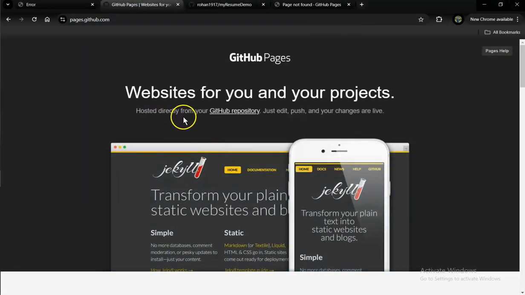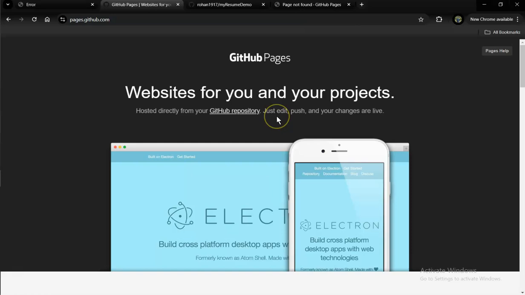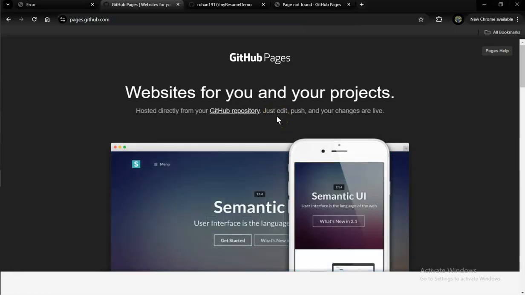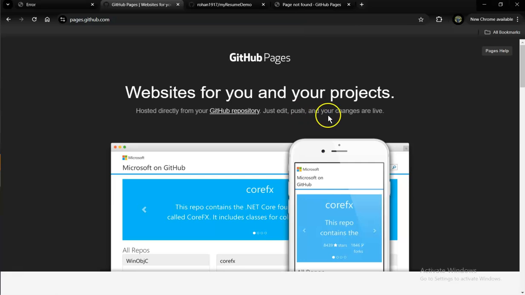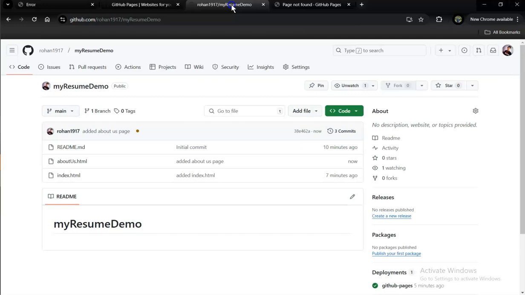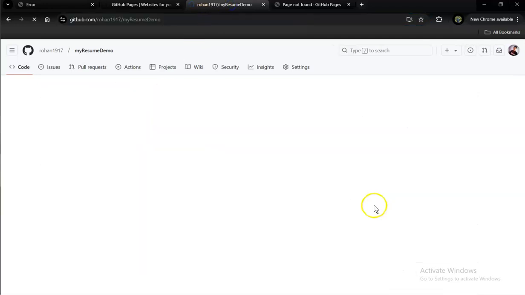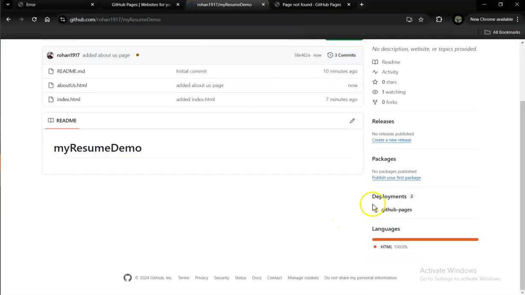If we can see, it's hosted directly from your GitHub repository. Just edit. What did we edit right now? We added a file called about us and pushed it to your GitHub account, and your changes are live without any sort of modifications. It's in pending status. Let's refresh again, and it's again in pending. Okay, it's still in the pending status, and we have two deployments, one with the previous one,